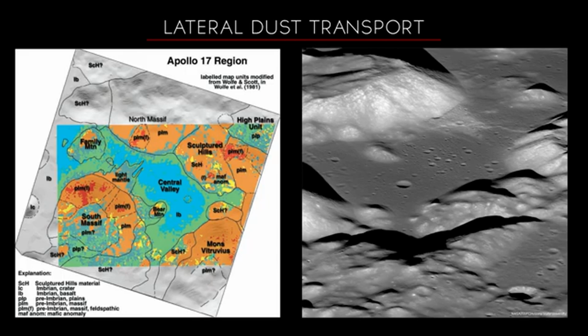The first, I think, that's really important is that the albedo gradients between the highlands and the mare, the highland rocks being lighter colored, the mare rocks being darker colored, are sharp and distinct. They're preserved at remote sensing scales, they're preserved at photographic scales, and the crews on the surface could see them. On the right is a picture of the Apollo 17 site. You can see very clearly that the highland terrains are distinct from the mare fill in the valley. At the left, you have a geologic map from a publication in 2002 that shows, by using remote sensing data, that those albedo variations indeed represent compositional variations,